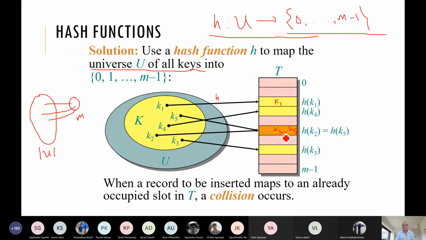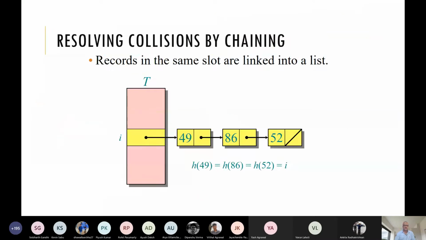to handle this collision, we have seen the chaining method. Chaining is basically, we need to have some storage outside the table. This is the extra storage outside, an array, or you can say a linked list. If we make it dynamic, you can use a linked list. If you want to make it static, you can have a 2-dimensional array with some reasonable size of initialization. Anyway, we are using a linked list.